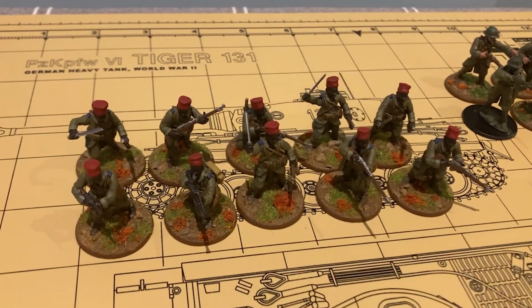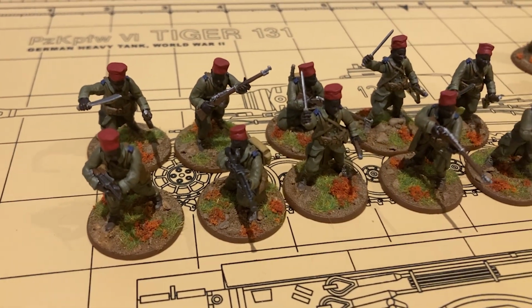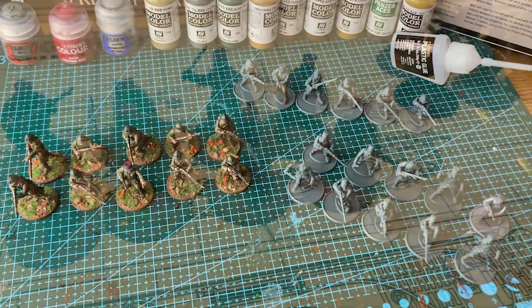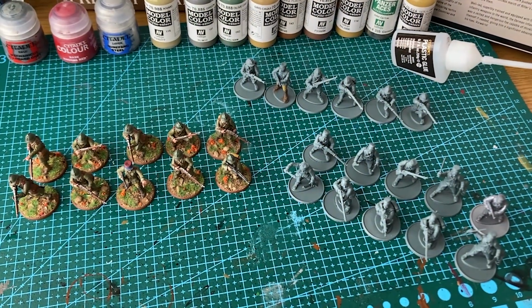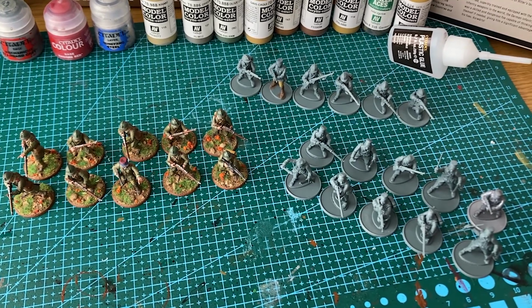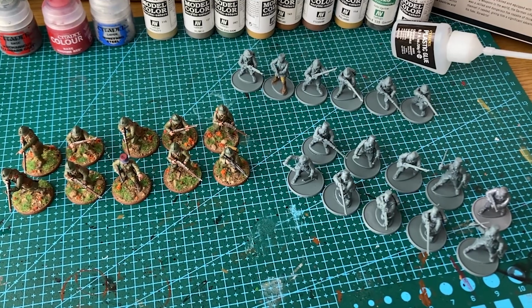I'm going to start this video with a quick progress report on my early war French infantry. You may remember from episode 3 that I still had about 70% of the box still to build and paint. Well, I have now mostly finished all of those models, barring a few extra ones that I put together with